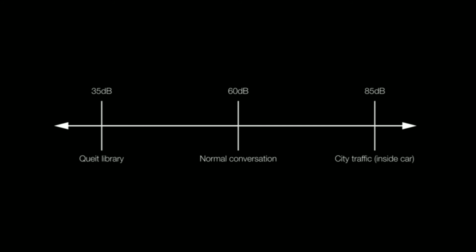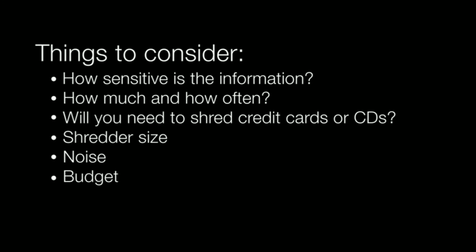Shredders can range in noise level from around 60 decibels to around 70. For reference, a standard conversation from 3 feet away is around 60 to 65 decibels, and a telephone dial tone is around 80 decibels. When you're purchasing your shredder, remember to consider how sensitive the information you're shredding is. How much will you shred at a time? How often will you use the shredder? Will you need special slots